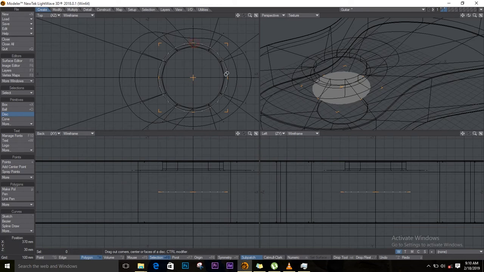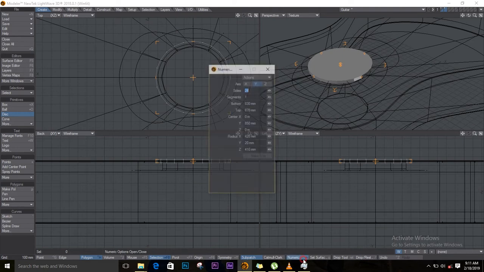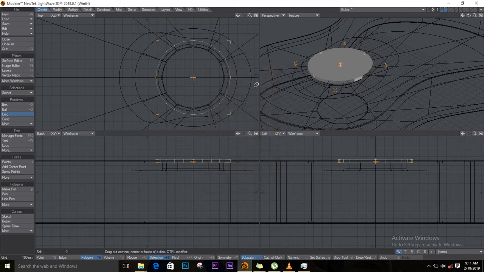Just around this one here. Like that, and like that. And then bring out the thickness. So move it up, more like this, and come to numeric just to make sure it's all round. So remove this, yeah, more like that. Push space on the keyboard, select this polygon, delete, select the bottom one, delete, and we'll